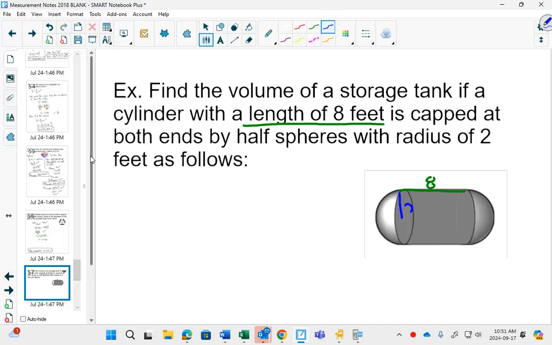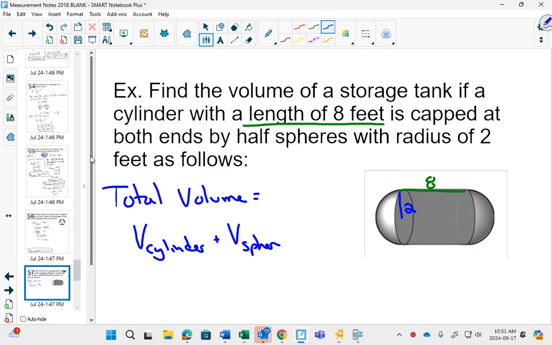The radius of the sphere is 2. The idea is, can you see that the two ends you could stick together and get one sphere and then the cylinder, and if you added the one sphere and the cylinder together, you would get the volume of the whole thing. So again, we put the shapes together, think about the formulas that we have,